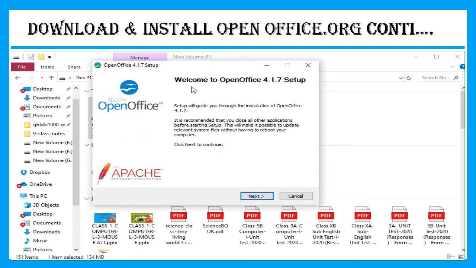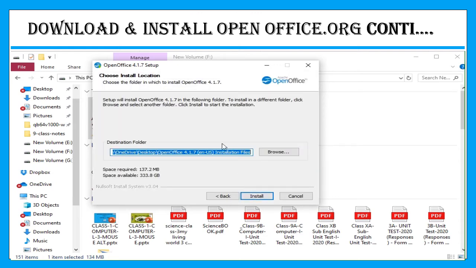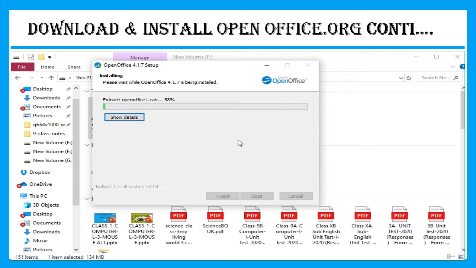Now it is showing this welcome window. Welcome to OpenOffice 4.1.7 setup. So now click this next. It is showing the destination folder. Now click on to the install. The installation process is going on.